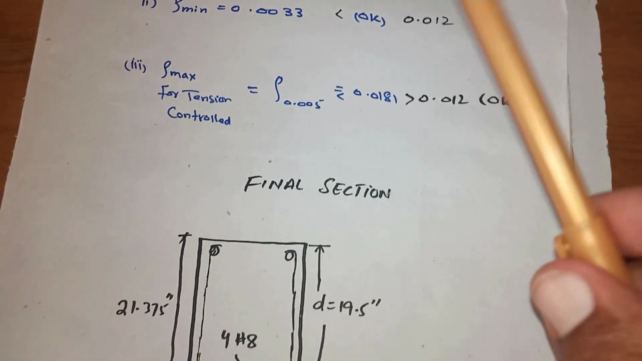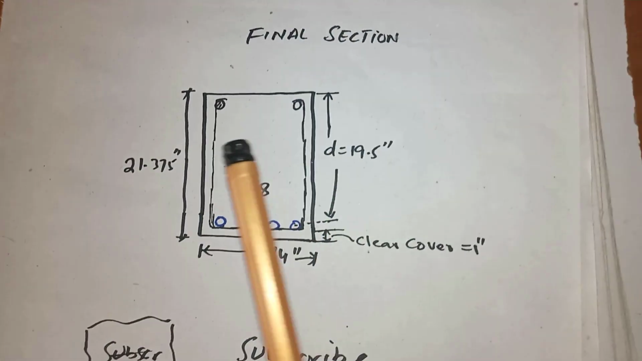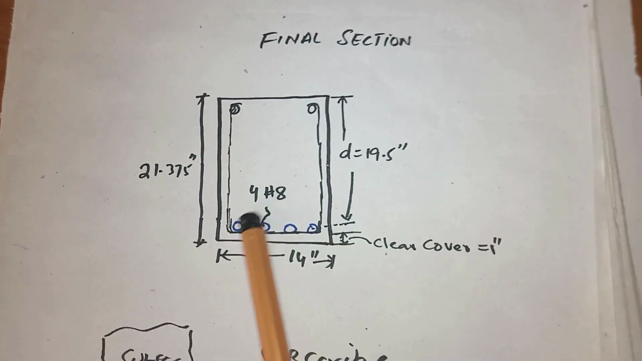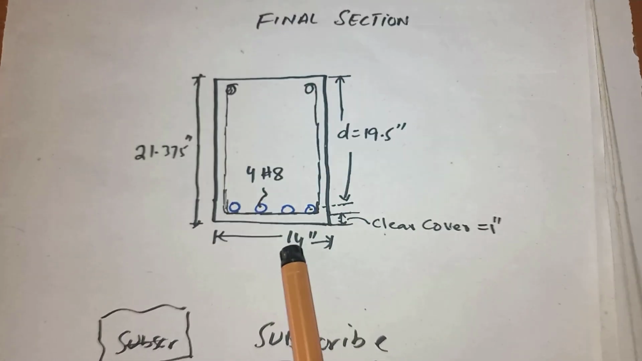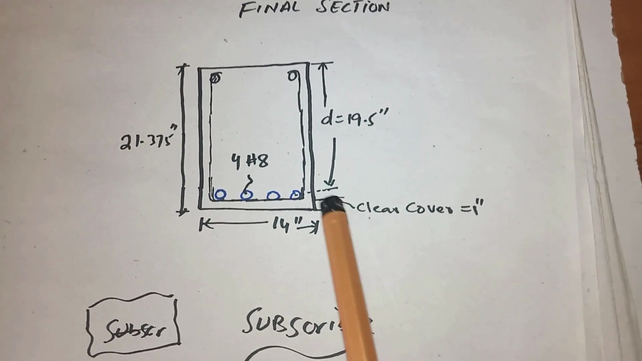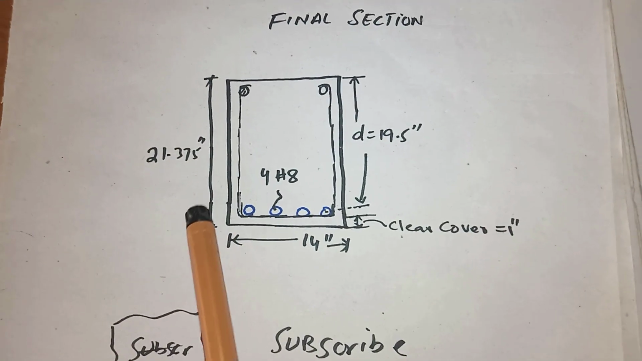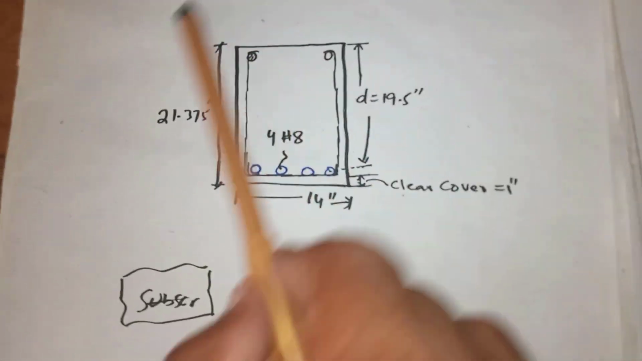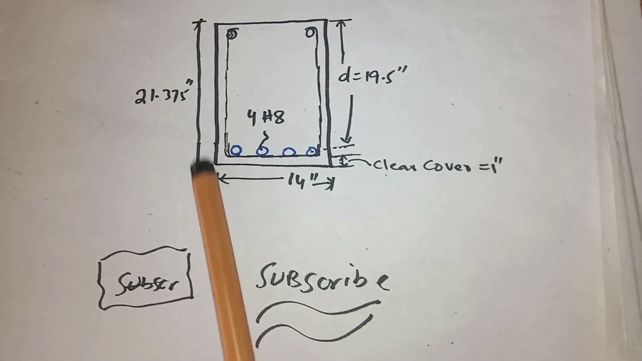So finally, after this one, we have designed our beam, and finally we have to finalize our section. So here, this is our final section. In this, these are 4 reinforcement bars of number 8, and this is the b of the beam, that is 14 inches, and this is the d, that is 19.5 inches, and this is the clear cover of 1 inch, and this is the total height as measured in step 4 or 5. Please check that. So this is our final design section of a singly reinforced concrete beam